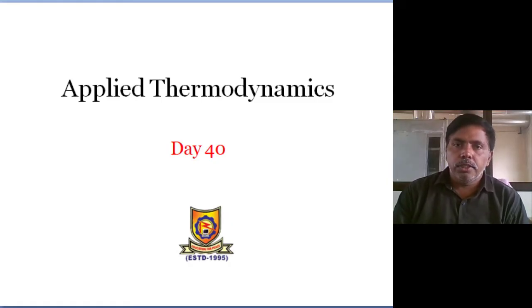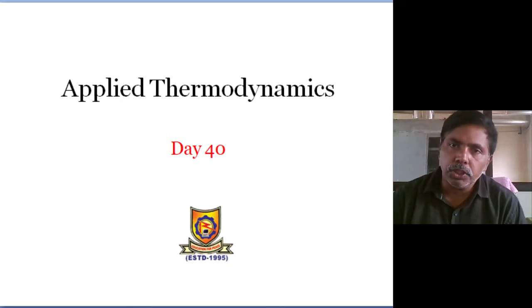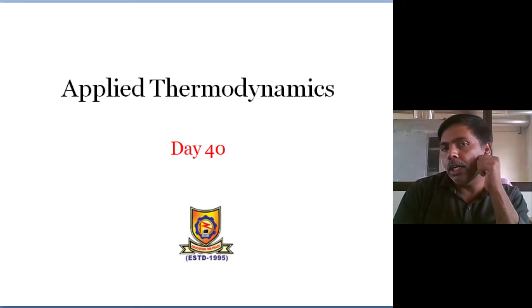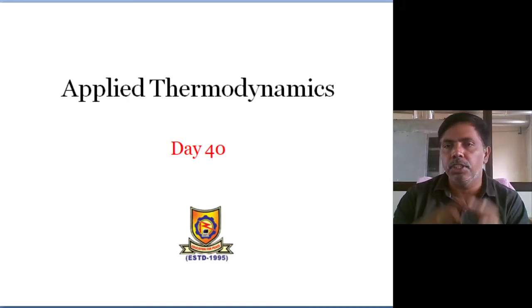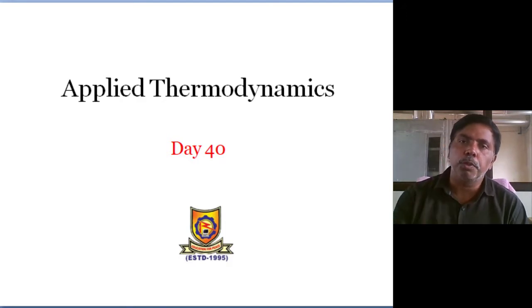Good morning, students. Last class we introduced psychrometry. What are the main measuring parameters? Dry bulb temperature, wet bulb temperature, dew point temperature, relative humidity, specific humidity or moisture content, specific volume, enthalpy. Everything we can extract based on the condition of the environment. We can extract any property if we know two properties.